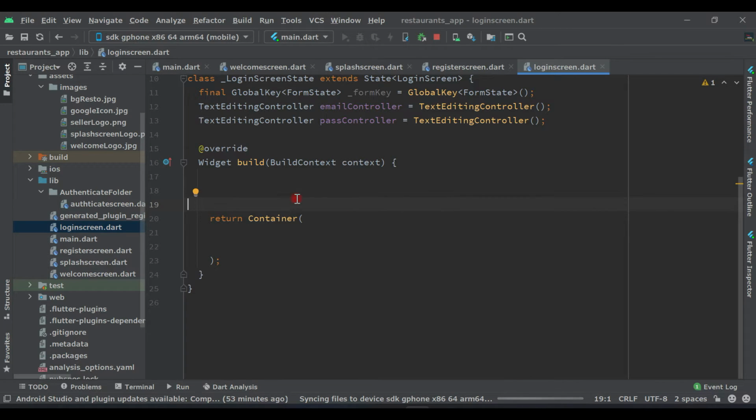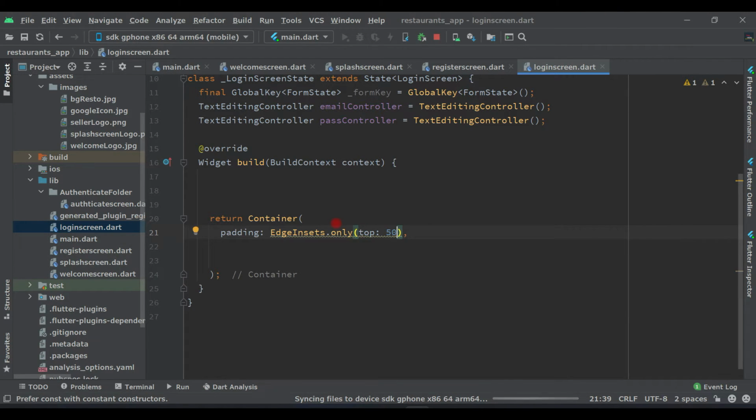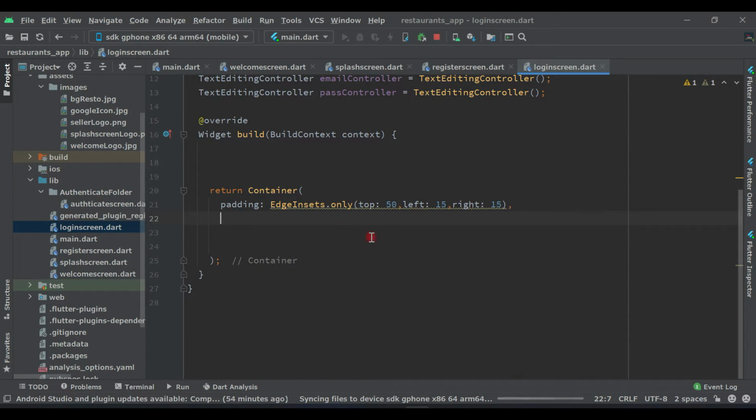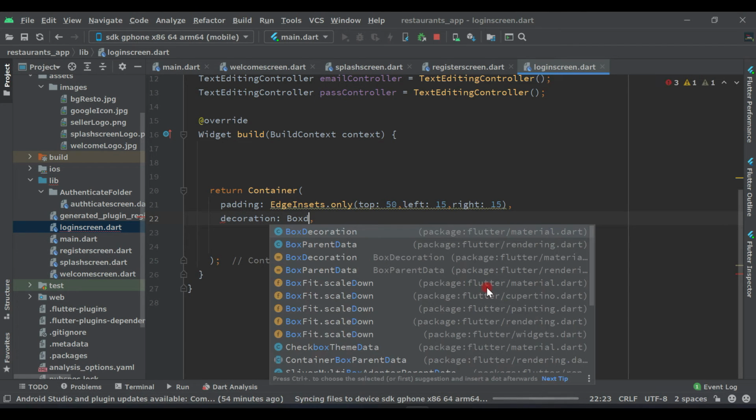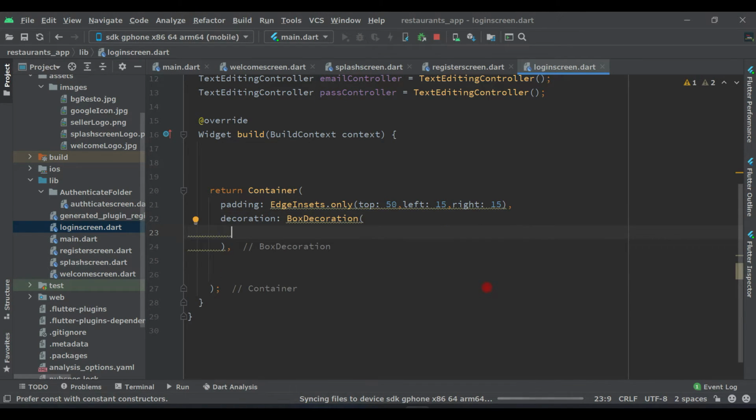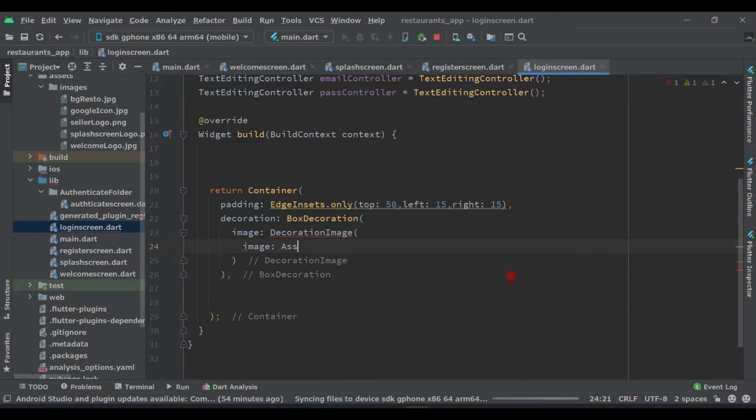So here, first of all, let's add some margin and padding to this container. Add padding, EdgeInsets dot only, top will be 50, left will be 15, and right will be 15. Now here, decoration, BoxDecoration. Inside this we have to add one image, the new image, seller logo. So here write DecorationImage, and after this image, AssetImage, and in the AssetImage we have the folder